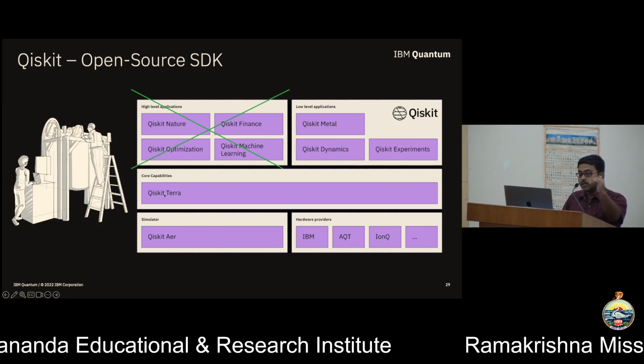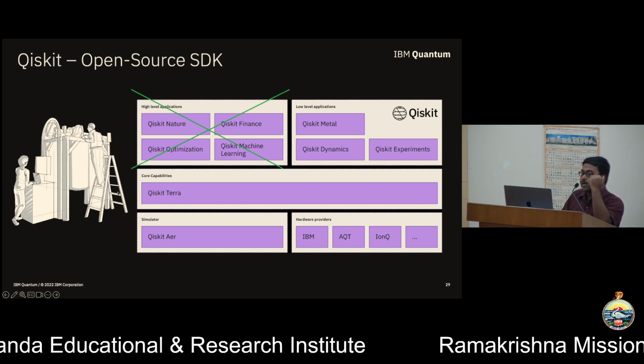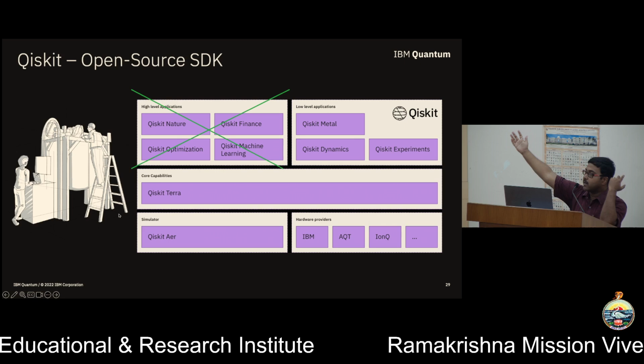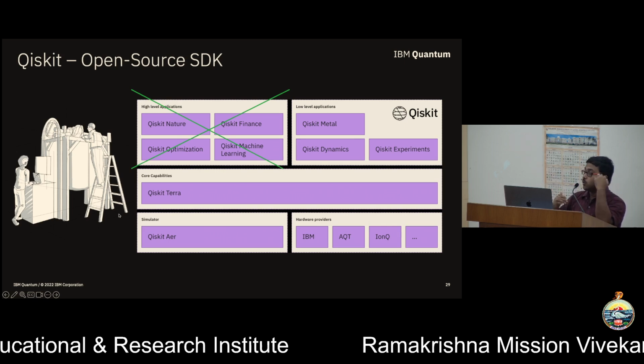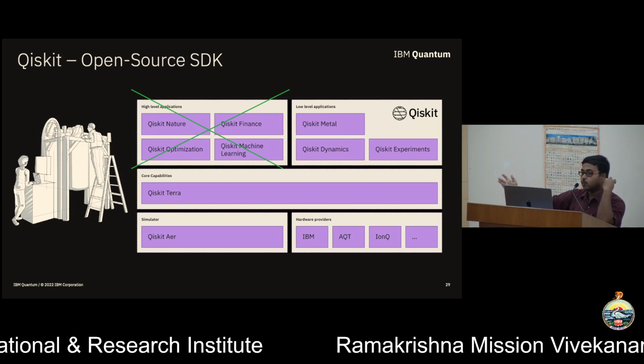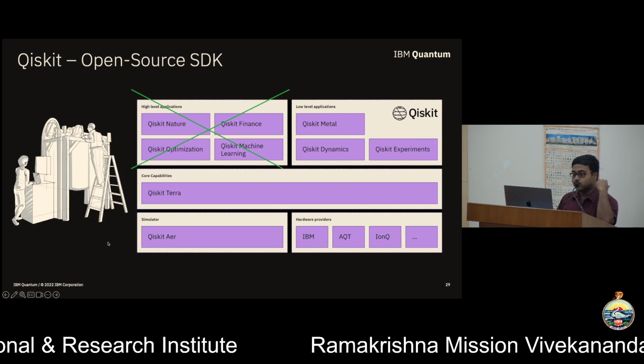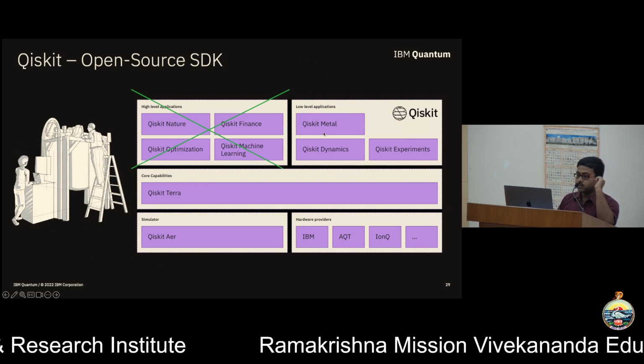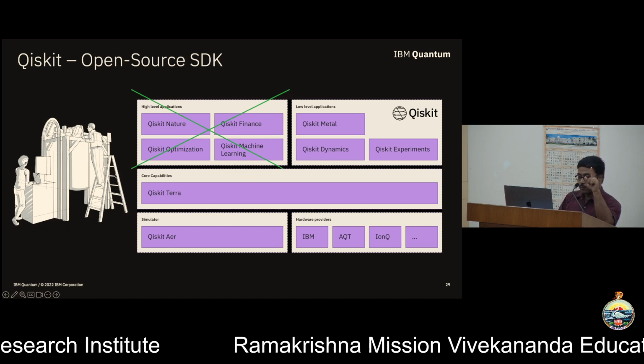These are some core levels, which is called Terra. We have some simulators. If you are doing some small systems, you don't want to directly go on a quantum computer; you want to test out that your algorithm is correct, your code is correct, you can use these simulators. We have these high level systems for different other things, and I have crossed it out for a reason.